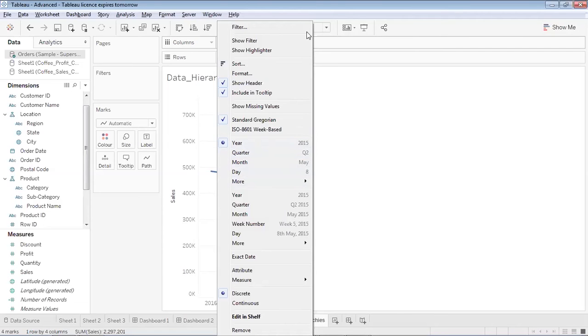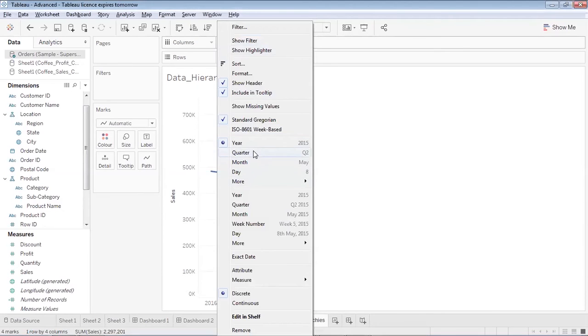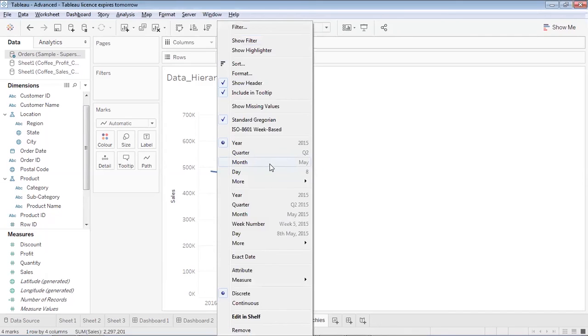So this section over here, just a second, I'll show that section again. This section over here on the top corresponds to one type of data, and this is another type of data. So over here, if I convert it into say year, it remains a discrete value, because this first half represents the discrete values, and this represents the continuous values.